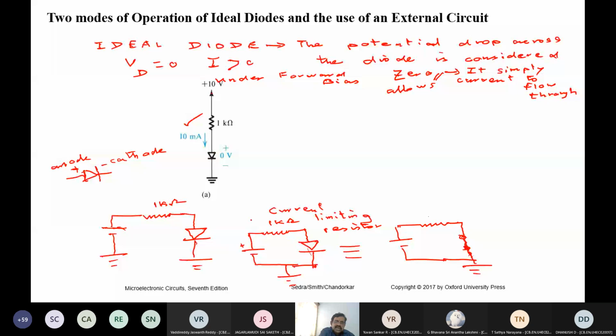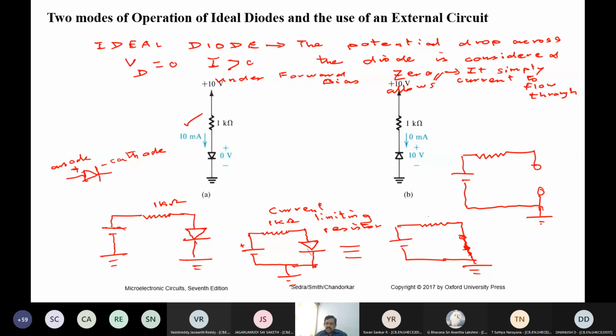Now consider, let us say I invert the connection of the diode. Okay, I put the diode under reverse bias. Then what happens? The diode will not conduct. Therefore, the same circuit, when drawn, will become open. So it will be like this. Now the supply is there, but there won't be any current that flows through this, because the circuit is not complete. So there will be zero current here.